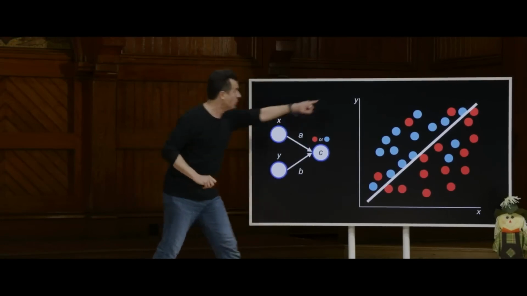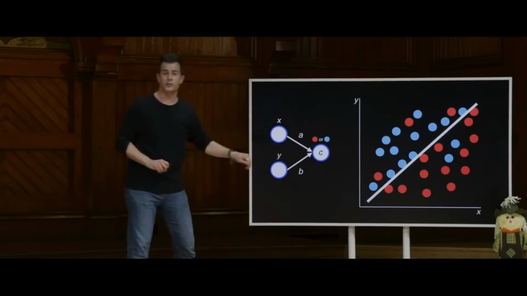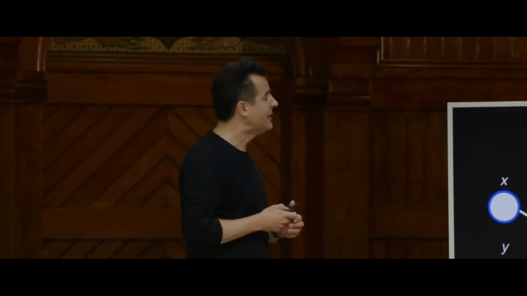So x and y are literally going to be numbers in this scenario. And the output of this neural network ideally is just true or false. Is it red or blue? So it's sort of a binary state, as we discuss a lot in CS50.